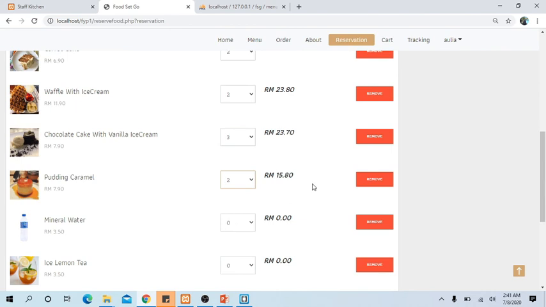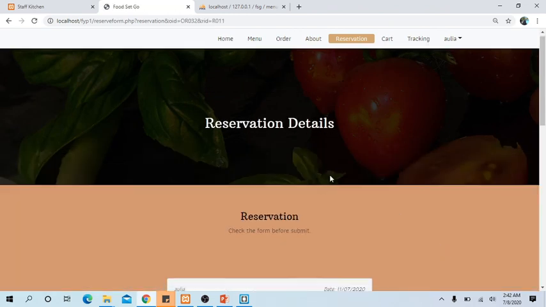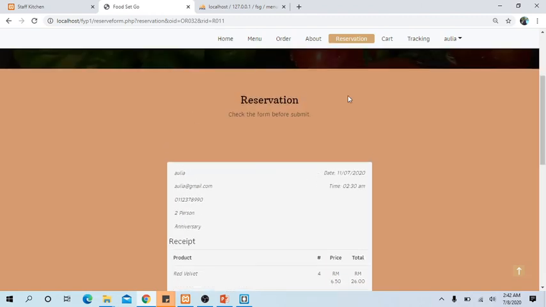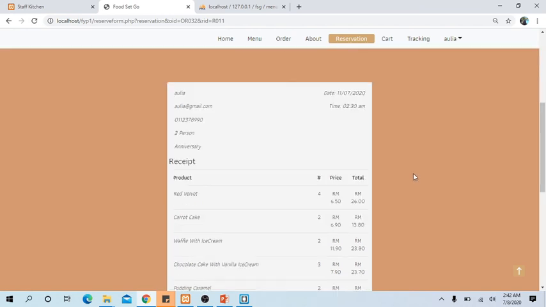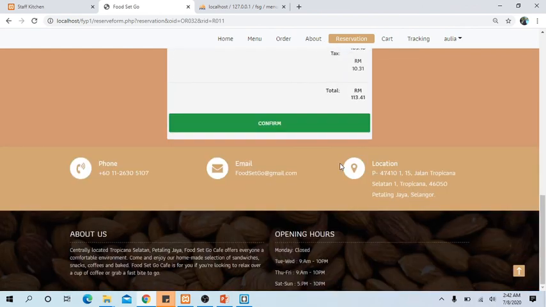what food they want and the quantity of the food, and after the user has already made the food reservation, the user can make a purchase. Before they pay, there is a form, some kind of receipt form, for the user to check their items properly, and then if the items have been checked properly and it is done, the user can click on the confirm button,